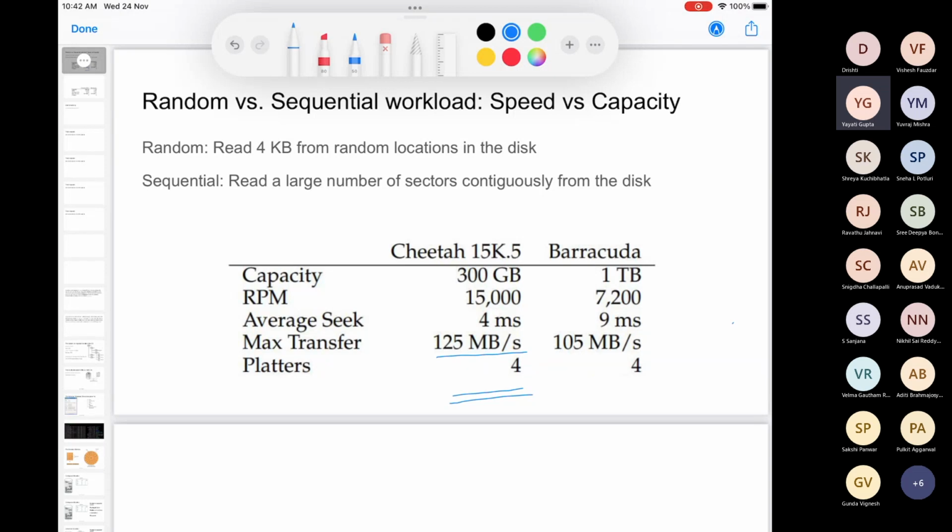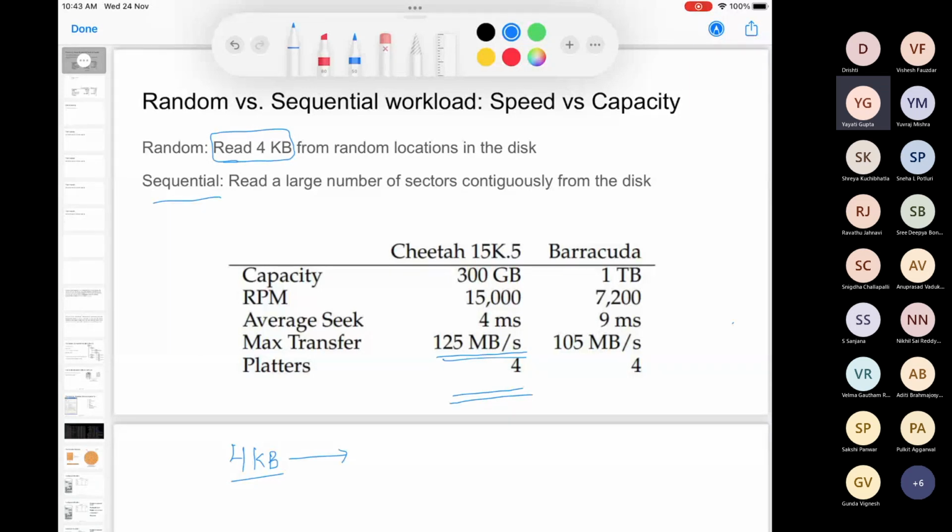Let's see how the speed will change if you are reading 4 KB from random locations in the disk, right? The first 4 KB are at some place in your hard disk. The next 4 KB will be situated at some other place, the next 4 KB at some other place. In that kind of workload, the overall speed of the hard disk will reduce. So see what will happen. Previously, in the case of sequential workload, you read 4 KB, and for reading the next 4 KB you do not require any rotation or any movement of the read write head. So it's always going to be the same rate, 125 megabytes per second.